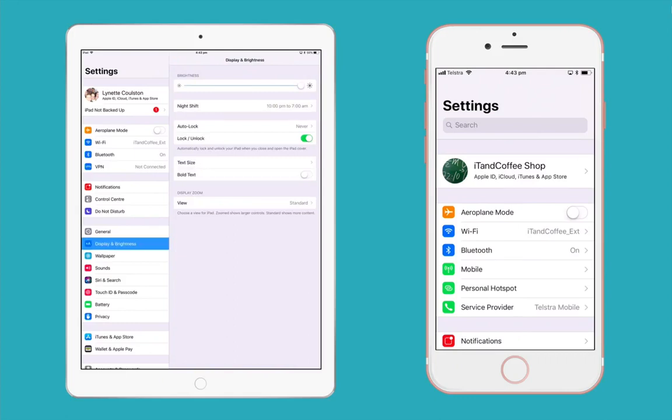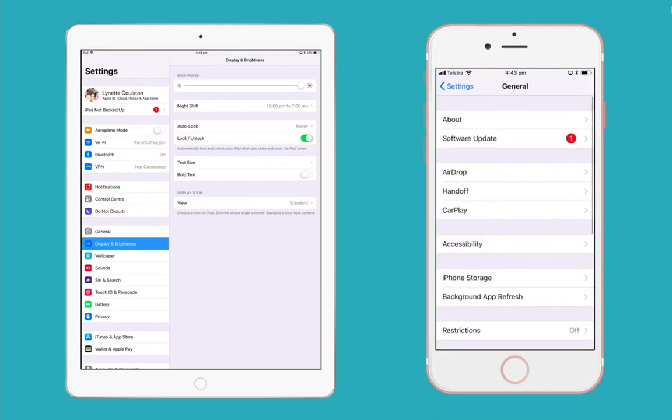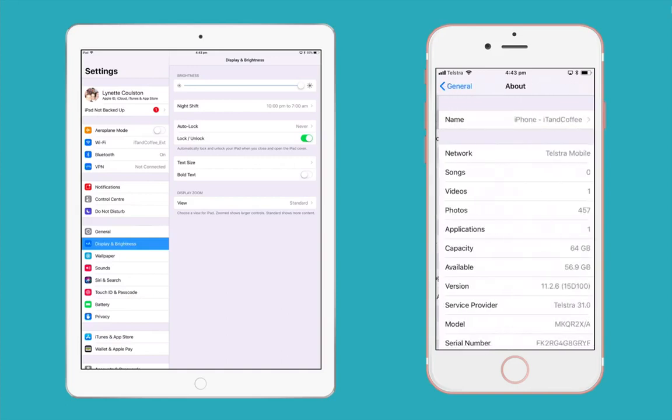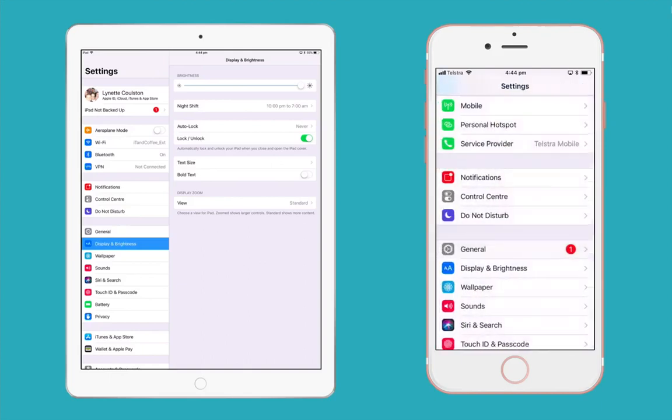On the iPhone, it looks a little bit different because we've got a narrower device, and so we don't get to have the two levels, the two columns showing on the screen. So if I come down here to my general settings, where again there's all sorts of settings, if I tap about, I will see the content of that settings option. I can press that back arrow. It's showing me where it's going to go back to. It's going to go back to the general option,